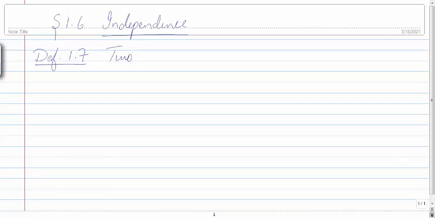Today we start independence. So today our article is about independence. It is 1.6, independence. Okay, first of all, you define independence. So independence of two independent